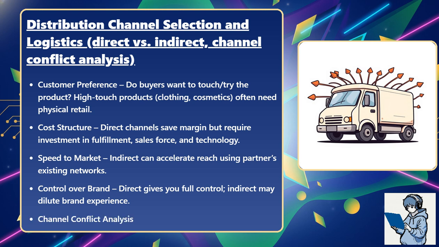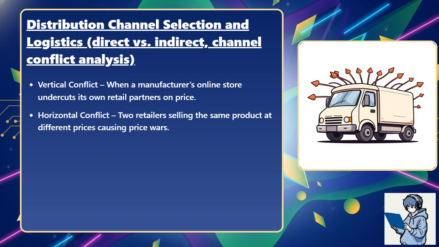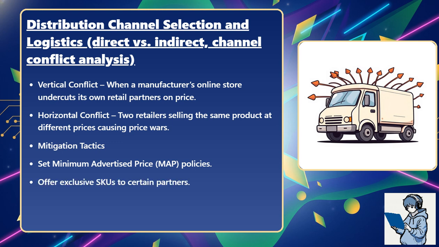Channel conflict analysis. Vertical conflict: when a manufacturer's online store undercuts its own retail partners on price. Horizontal conflict: two retailers selling the same product at different prices, causing price wars. Mitigation tactics: set minimum advertised price (MAP) policies, offer exclusive SKUs to certain partners,